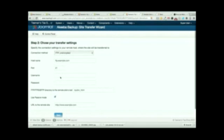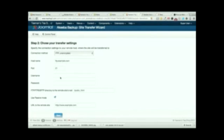Databases. Does it create a database, or do you have to have the database with exactly the same name? So the question is, does it create the database? No, because that's part of, unless that server allows that permission. But you don't need the same name, because when you do the restore, if it's on a different server address to the one the backup was done on, Akeeba pops up and says...